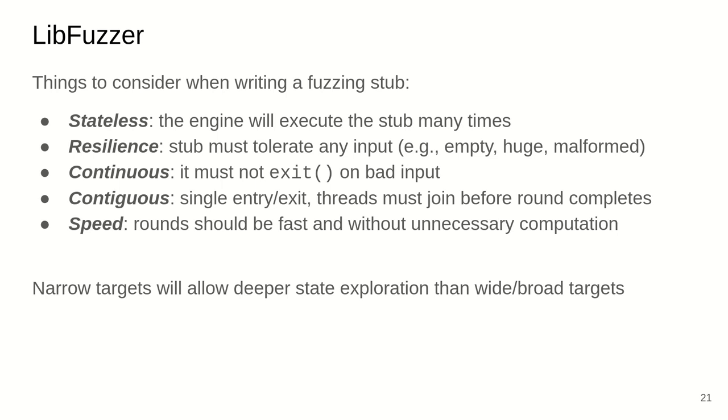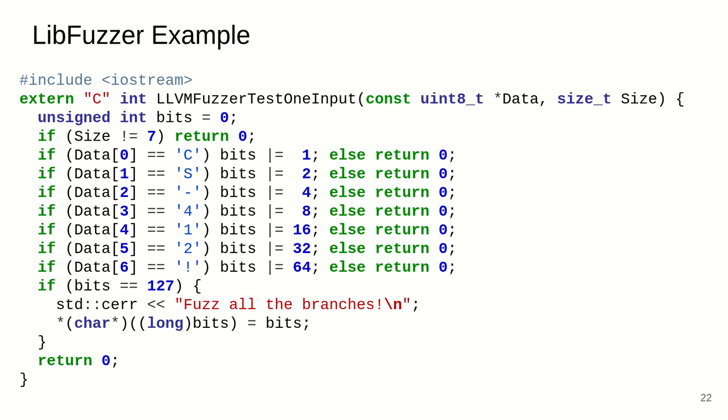The key idea here is that narrow targets will allow deeper state exploration than wide, broad targets. So you want to create a specific functionality, right? One example of how LibFuzzer works is that we can use it to generate an input string to quickly query the solver by setting a couple of bit flags, right? And we only crash if all the branches have been fuzzed in this example, and we then use coverage feedback in this example and the target to detect that, hey, there are new branches being found, and bits are being set